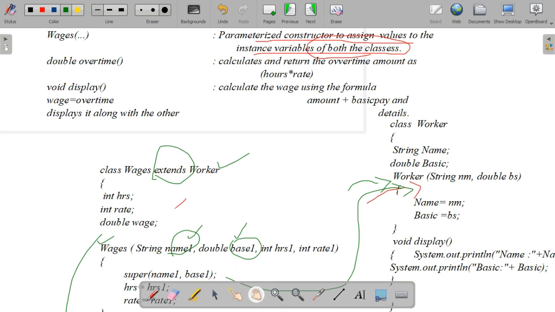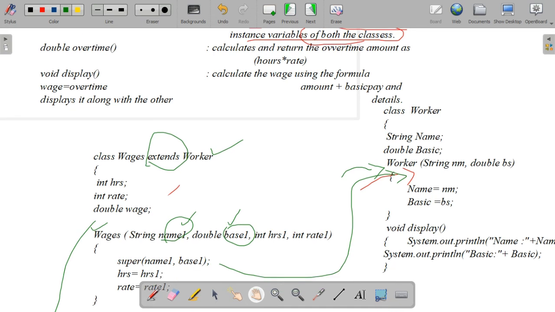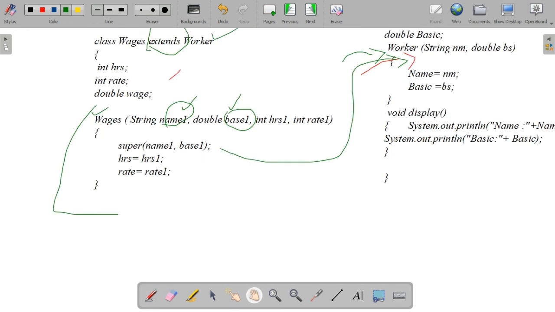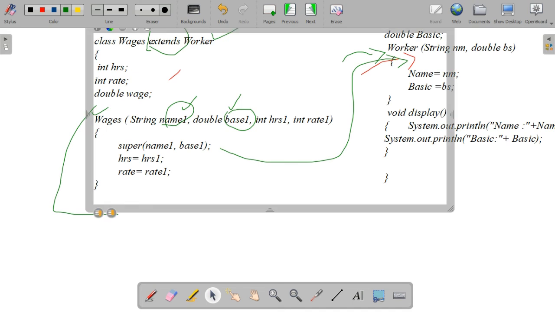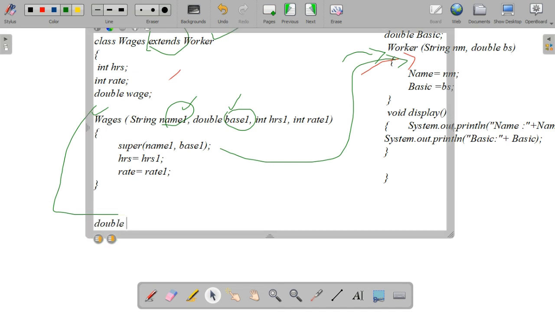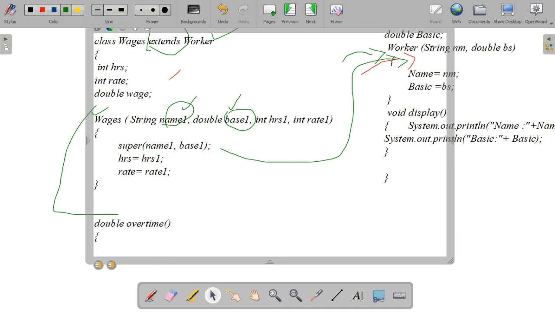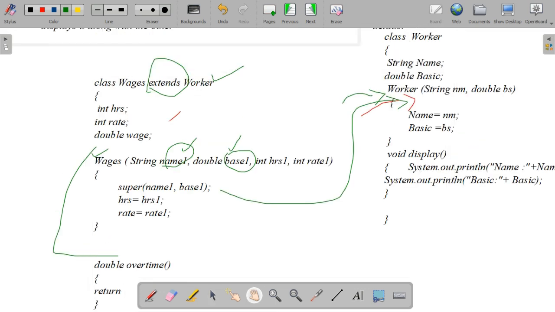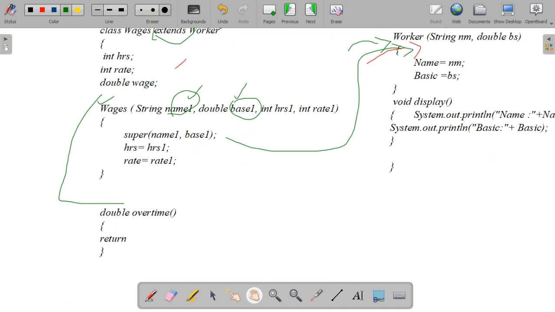Okay. Then after that you can call the method double overtime. Next one is double overtime, and here they have given: double overtime means calculate and return an overtime amount. So double is the data type, so it should be returned directly. Here I am writing the method, not void, double overtime, open the braces and return in the same statement.